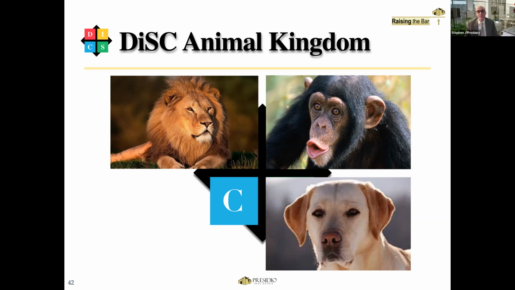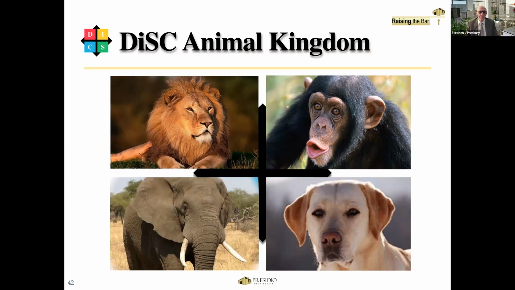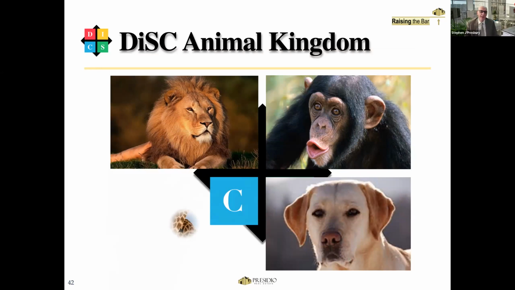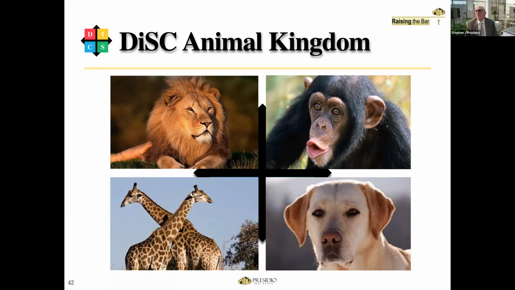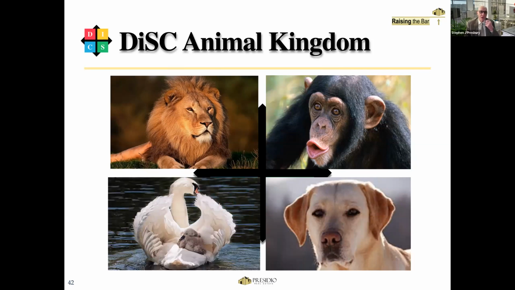Okay, that's interesting. What else? That's about the only one I could think of off the top of my head. Good. Let's see what we come up with here. The bee. You can see that they're pretty regimented, aren't they? Okay. What about this one? Elephant. Yeah, I can see the elephant. And someone did mention that. I think it might have been Josh actually mentioned the giraffes, but the giraffes come up apparently in the C's. And this one you probably would not have got, the swan.